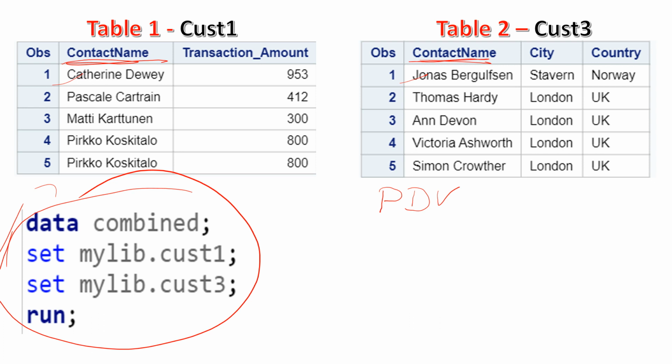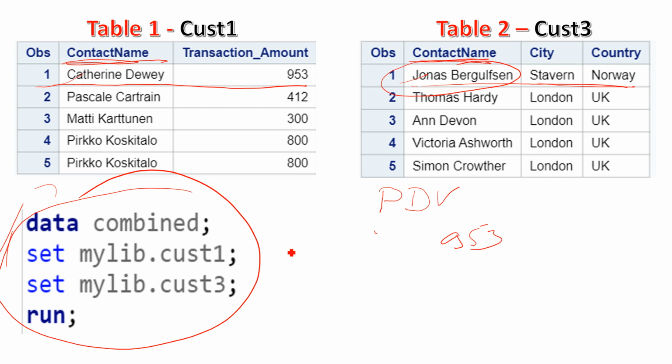So how does it happen? SAS first reads the first observation from the first table. So it will read Catherine, I'm typing it in short, and then the transaction amount, which is 953. All right, then it will read the first observation from the second table, and whatever value exists in the common column, it replaces that value.